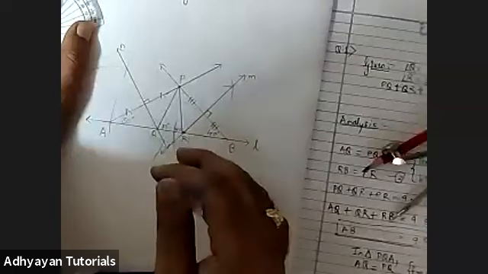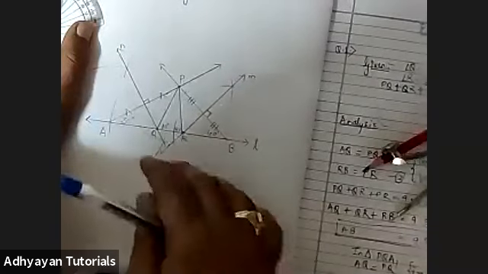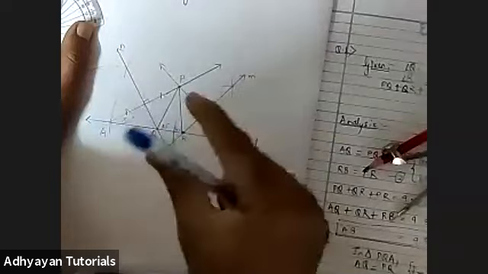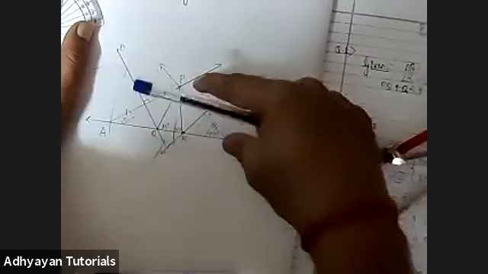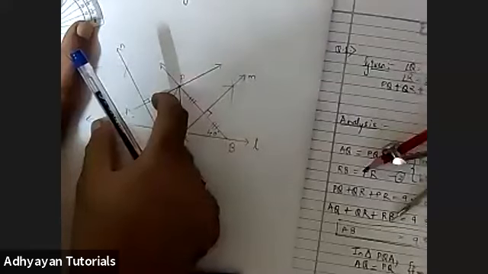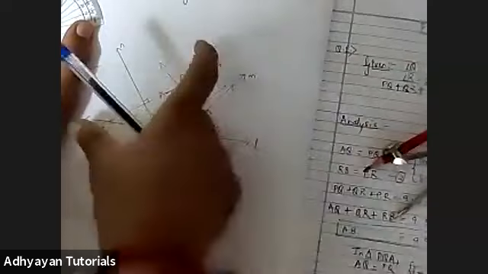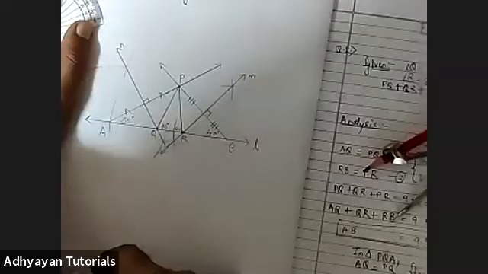Sir, my arcs are almost overlapping. Okay, so you have to change the measure which you might have taken. The measure will be the same. Since the measure you took here and the measure you took here is the same, they overlap. So you have to change the measure. Take a slightly smaller one here, and a slightly bigger one here, right?